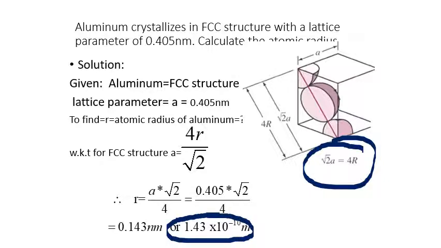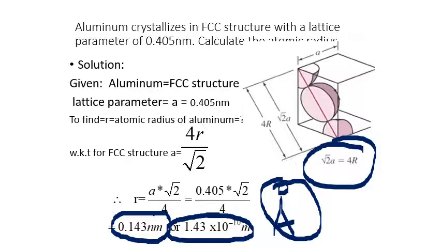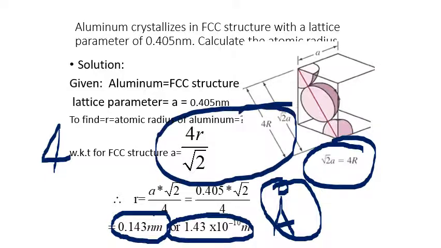So you are going to get R will be equal to 1.43 angstrom unit, which is written as A dash. This we have already seen in the physics classes, where we express the units of lattice parameter and radius in angstrom units, or else you can show it in nanometer also. Many times they will ask directly to express the value in angstrom units. Very simple numerical, this will be asked for 4 marks. But you need to remember how to express A in terms of R. Understood?